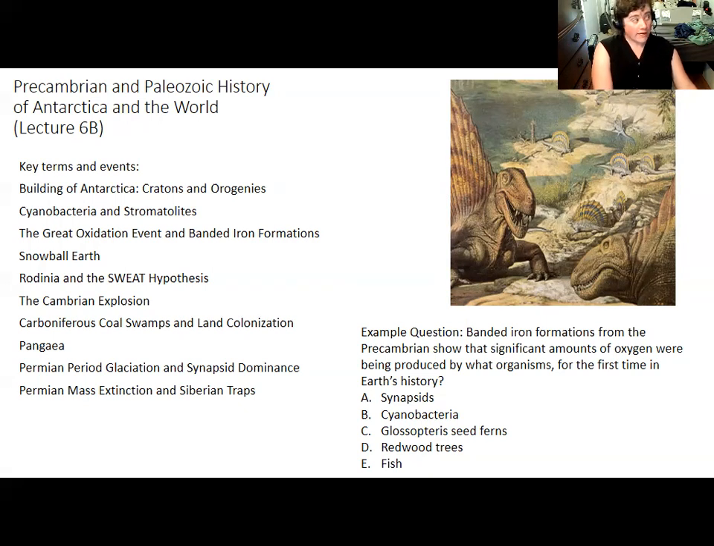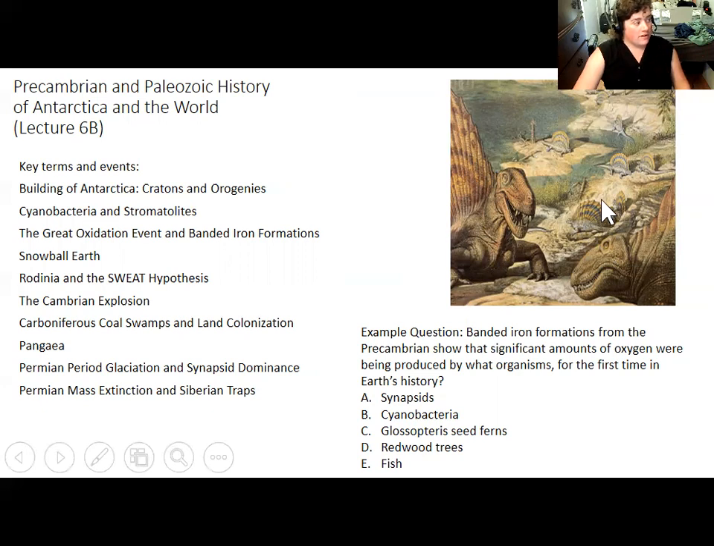And Antarctica wasn't quite at the South Pole by this time, but it was approaching it. It was most directly connected to the other southern continents, Australia and South America and Africa during this time. But the Permian period is when you first get large land animals, and you don't get dinosaurs, even though these